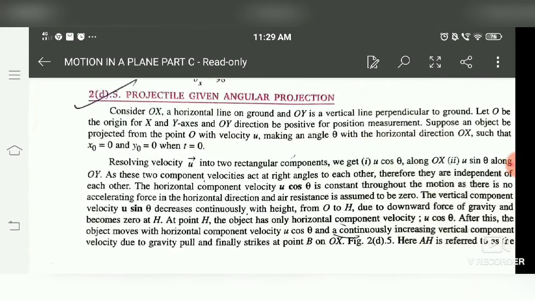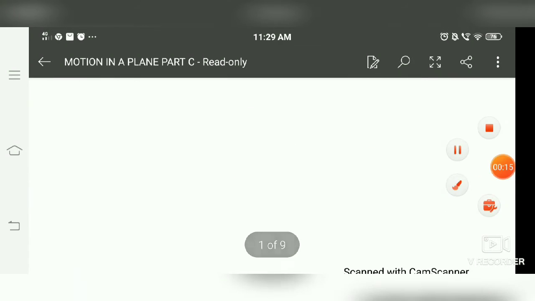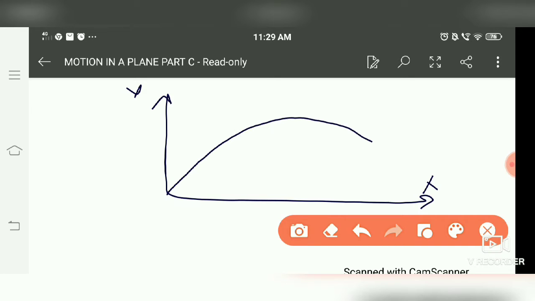Next is projectile motion with angular projection. In the last one we learned about a projectile making a 0 degree angle with the horizontal, but now it's making an angle theta with the horizontal. It means we have this x and y, and this time it will move like this. Suppose from here we throw a projectile with initial velocity u, making an angle theta with the horizontal and